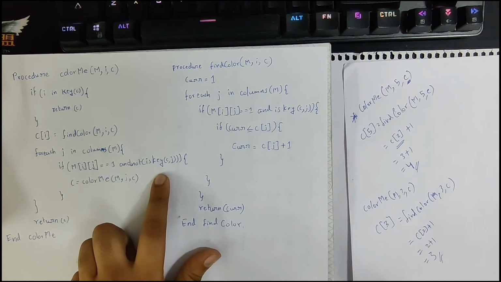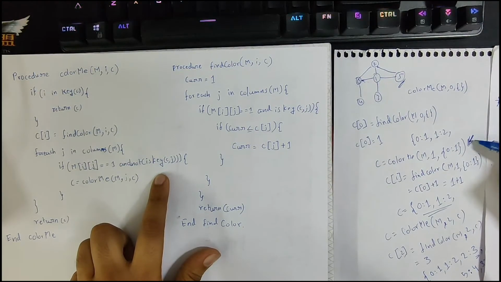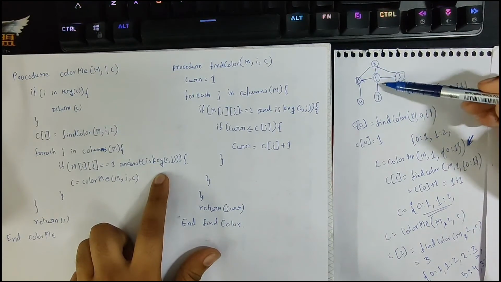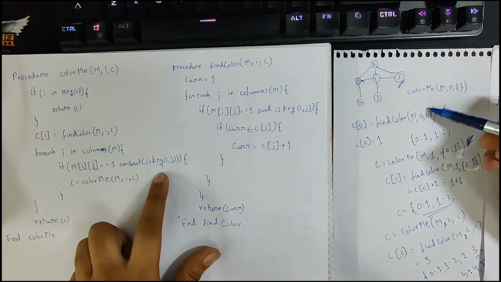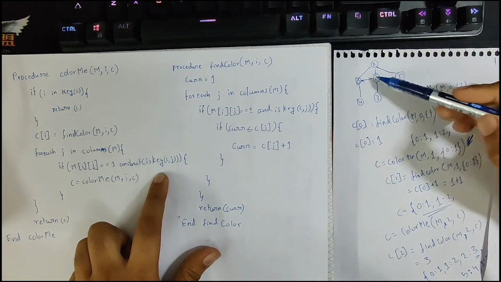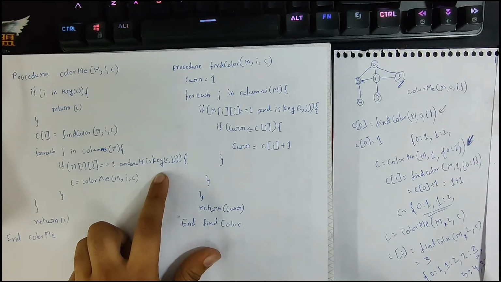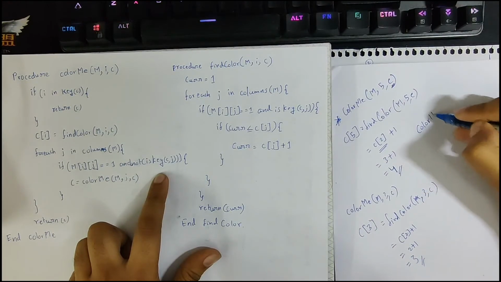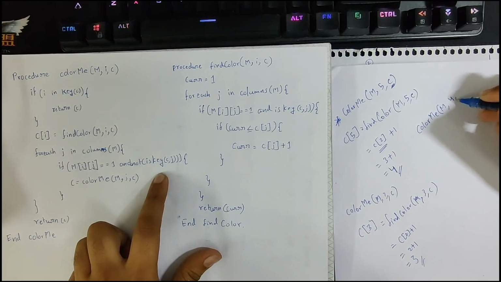So we go back. So we go back to this step, recursion of using vertex 1, and even 1 we have covered all the vertices. So we go back one more step, that is find color M0 and this dictionary. So we already covered 0 to 2, 0 to 1. There is only one vertex left. So final recursive call will be color me of M comma 4 comma C,